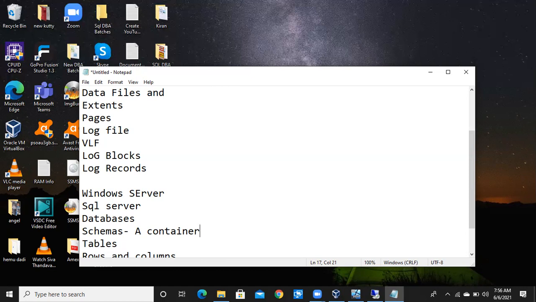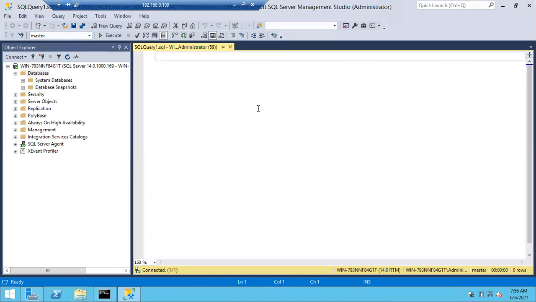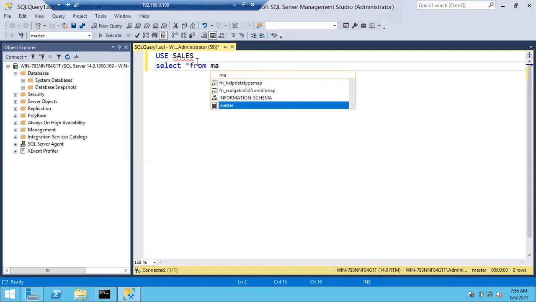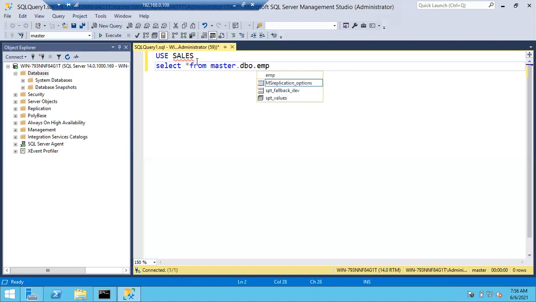Remember, in case they give only one script, the main thing you have to consider is checking whether the database name is mentioned in the script or not. How do you find out? Simply in the beginning of the script, you will see a query like USE sales. Imagine the sales database is there. Yesterday we discussed that to change the connection we use this. Or else sometimes you'll see it like this: select star from master dot database name, master dot dbo dot employee, something like that.